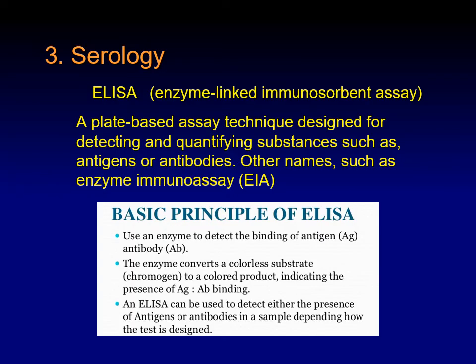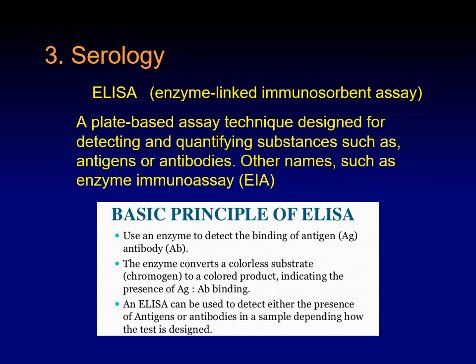Among the other serological tests is the use of what we refer to as ELISA, or enzyme-linked immunosorbent assay. Usually, ELISA is a plate-based assay technique designed for detecting and quantifying substances such as antigens or antibodies. Among the other names is enzyme immunoassay, or EIA. What is the basic principle of ELISA? Usually, the use of an enzyme to detect the binding of antigen and antibody. And this enzyme converts a colorless substrate or chromogen to a colored product, therefore clearly suggesting that antigen and antibody are bound